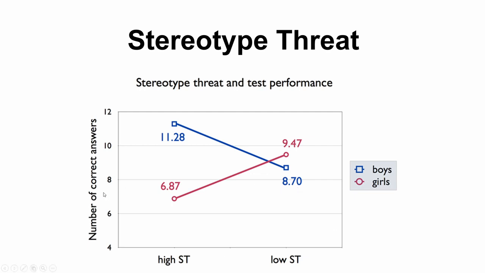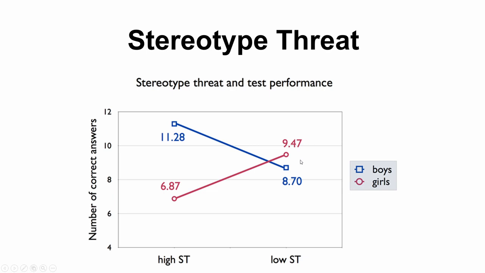If we use that as a stereotype and set up an experiment with boys and girls, I think in this instance we were looking at children who were going to be taking a standardized mathematics test, and some of them were put in the high stereotype threat group, or high ST group, and some were in the low ST group. What that means is that some of them weren't told anything about boys or girls being better at math, whereas the ones in the high stereotype threat group were told that boys are better at math, girls aren't good at math.